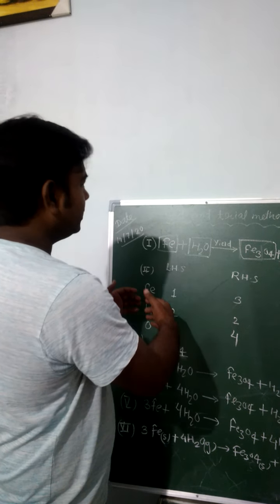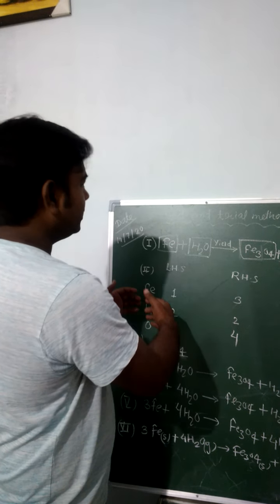Now you can see here 1 iron atom on the left and 3 iron atoms on the right hand side. So first we have to write 3 Fe. We have to put the coefficient value 3 in front of Fe, plus H2O, Fe3O4 plus H2. So iron is balanced, left hand side and right hand side. Now again observe the chemical equation. Iron is balanced but oxygen is not balanced.